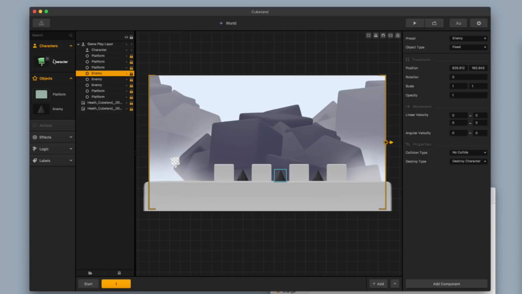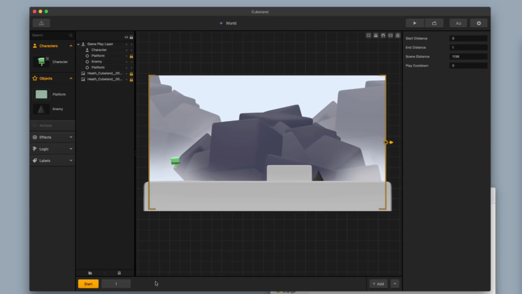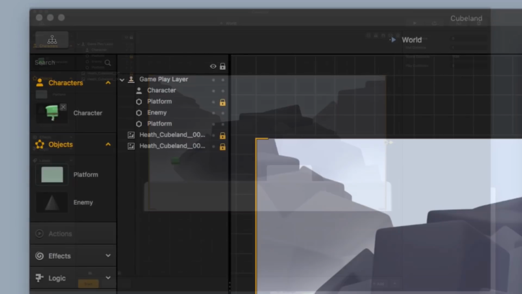Okay, so we've got the basics set up here. We've got the platforms, we've got enemies, we've got the background, we've got the character. Let's go ahead and fix a couple of the user interfaces. Let's fix the main menu, let's fix the game over menu, and then we'll come back to some more gameplay stuff. Okay, so to get over to the main menu, I'm going to go ahead and zoom in here